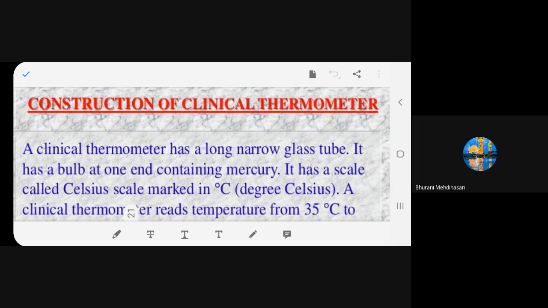A clinical thermometer has a long, narrow glass tube. It has a bulb at one end. Mercury has a scale called